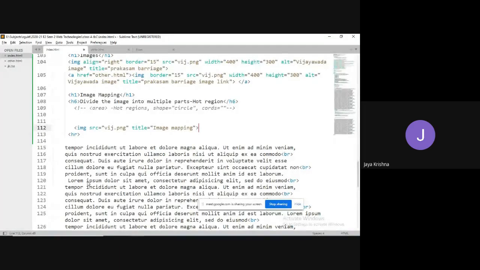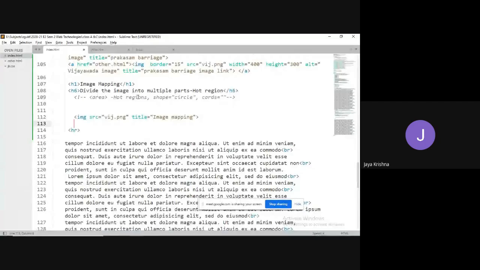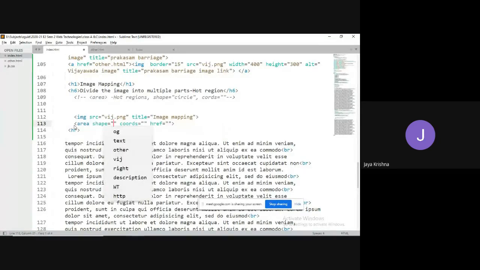Okay, fine. Now my requirement is I need to divide this vijayawada.png image into multiple parts. What is the tag which is required? The area tag is required for us. I'm going to define the area tag. It automatically shows various kinds of attributes.